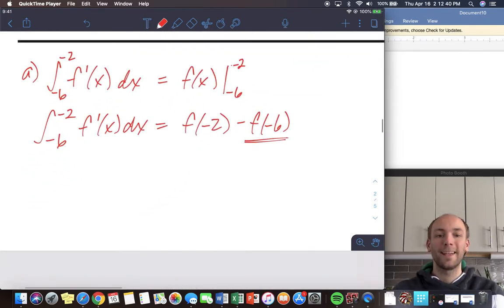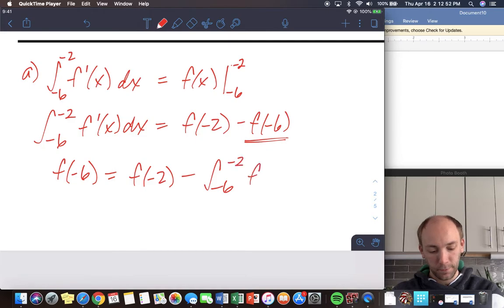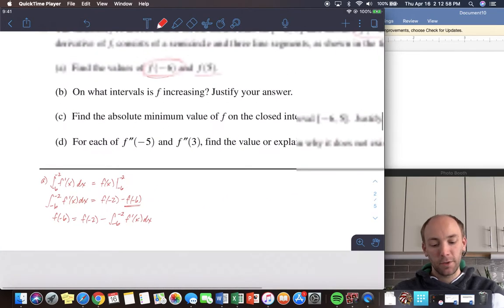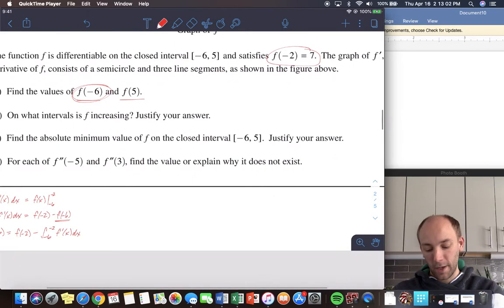So let's get f of -6 by itself. I'm going to add f of -6 to the other side, and then subtract the integral. F of -2 was given to us in the beginning of the problem. F of -2 is equal to 7. So that equals 7